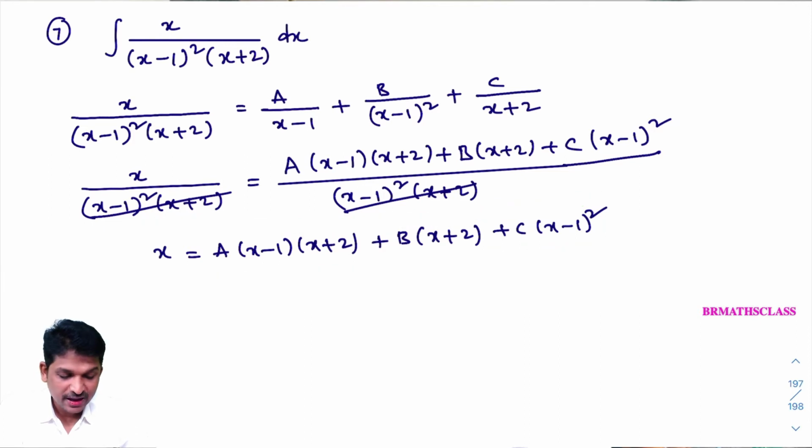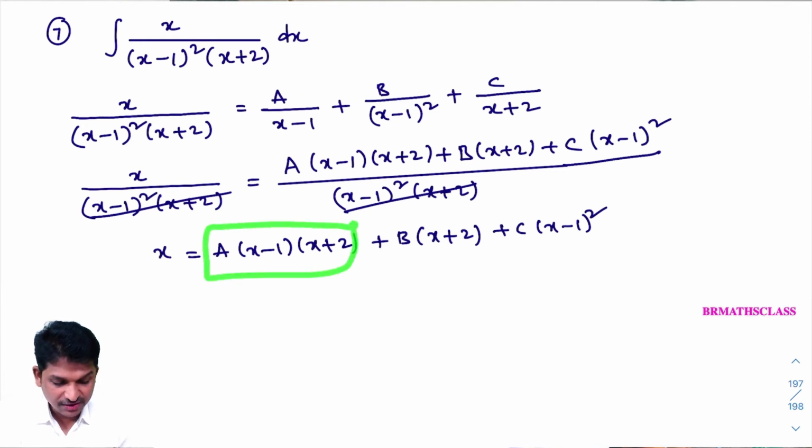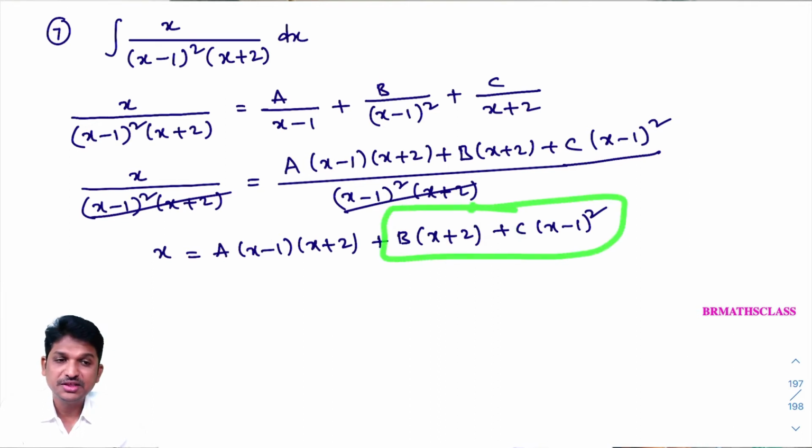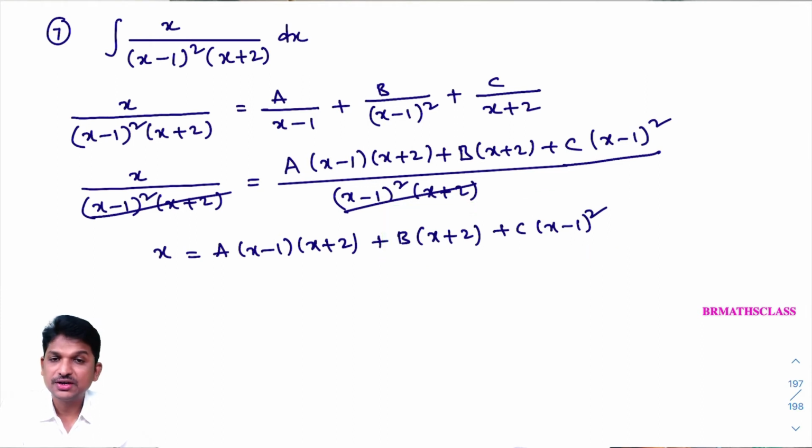What I want to do? I want to try to find a, b, c values by using the tricky method. If I get, it's okay. Otherwise we will find another method also. First I want to use the tricky method. What is the tricky method? I want a value. If I want a value, I need to make b value, c value 0 at a stretch. Is there any common term in these two terms? No. Very good.